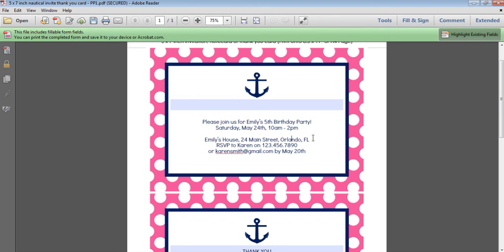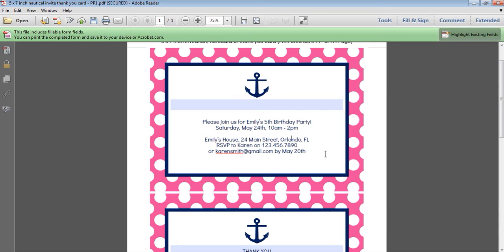If you want to choose your own font style, font size, font color, etc., then you can do so using image editing software such as Canva or PicMonkey. I've got another video tutorial showing you how to do that. You just need to use the JPEG file, not the PDF file.